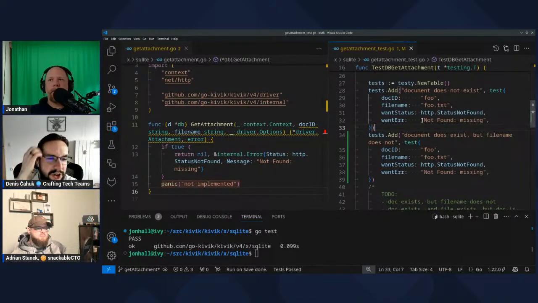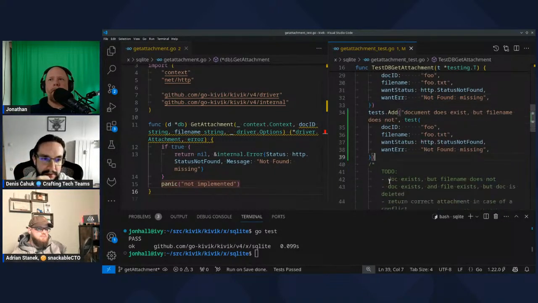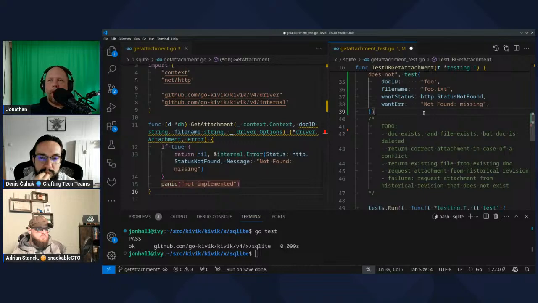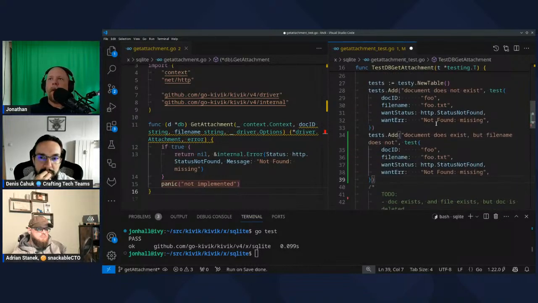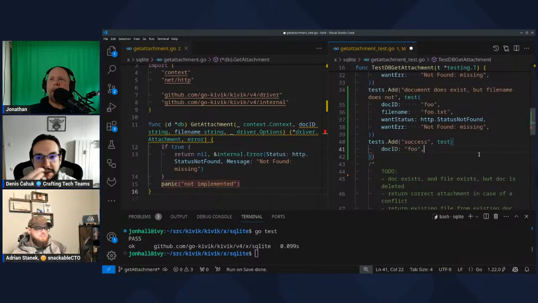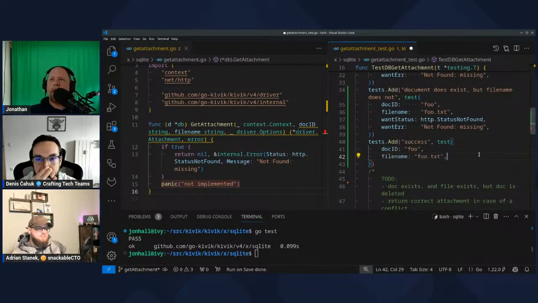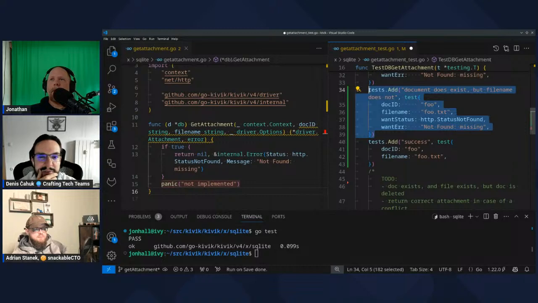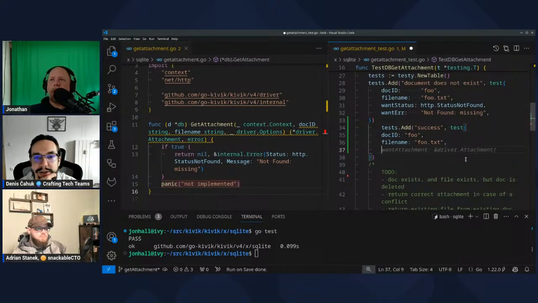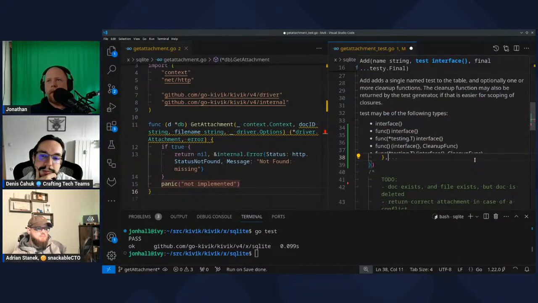Okay, let's jump to the most practical example. The document exists and the file name exists, and it's not deleted. So a success case. Let's jump to that, because the error cases are not interesting if the errors are all the same, because then we're not motivated to write any new code. And I think we can delete this document does exist, but file name does not, until we have a reason to add it. I would ask you to remove it so that it doesn't distract us. Now we want an actual success object.